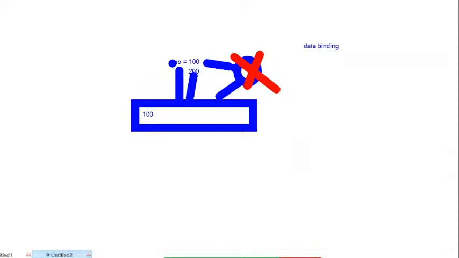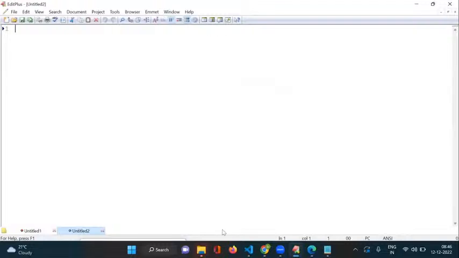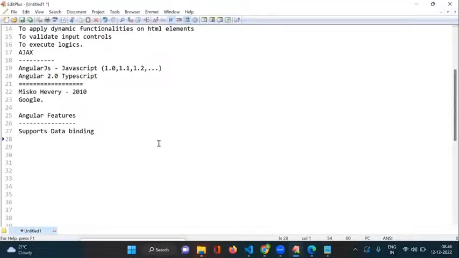But if you take React.js, in React.js we have only one-way data binding support. For two-way, we implement the logic manually. But in Angular, both are available by default. Is it clear? Anyhow, this is the data binding concept. I will show the programs based on this. This is a very important feature for us. It is not available in JavaScript. Okay. Second one,